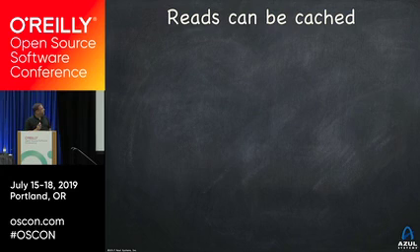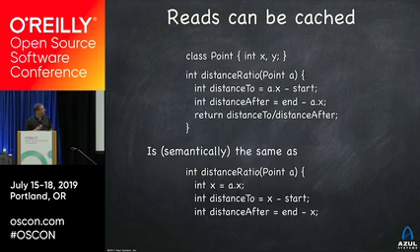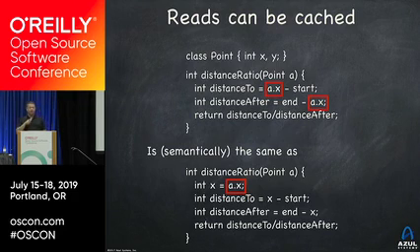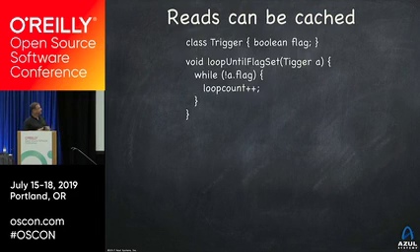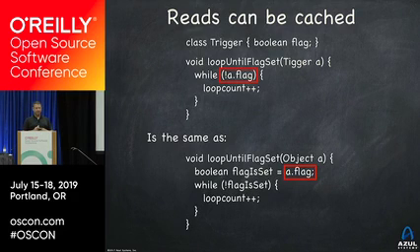Now, we can also do things like cache reads. So here I have a program that reads a.x twice. It's okay to read it once and use it twice. That's equivalent. Why? You can't prove that it's not. Maybe I did it really, really fast, right? I read it twice. So that's a valid optimization. I don't have to go read from memory every time. And let's take that and say, here's a flag I read a lot, and I'm allowed to do that to it. That is a valid optimization.